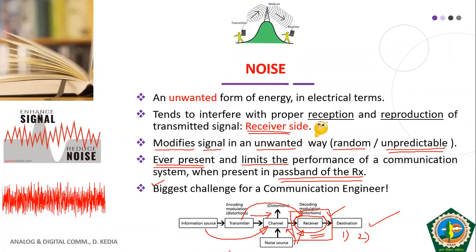But we are allocating a specific amount of bandwidth to a particular receiver. So obviously the noise frequencies which will be coming into the pass band, or within the bandwidth of that receiver, only that noise will affect us. So when we filter our signal for the desired bandwidth, noise is also filtered, and noise enters along with the signal within that bandwidth only. So we have to take into consideration the pass bandwidth of the receiver also,